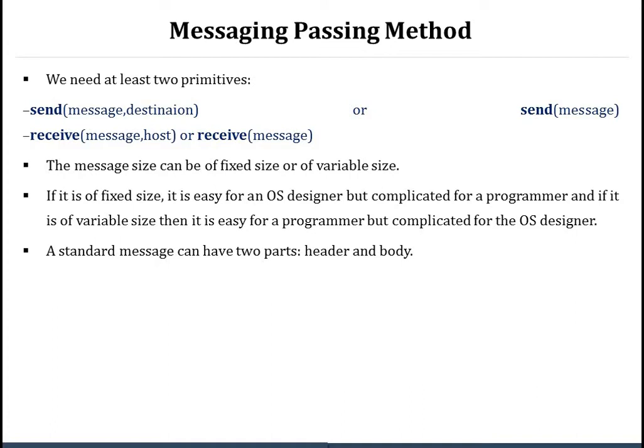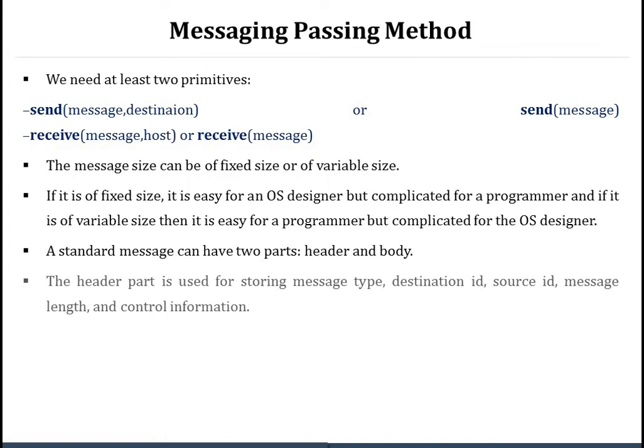Now in between this, don't forget that we are talking about process communication models in the operating system, because in an operating system many processes are communicating. A standard message can have two parts, that is header and body.